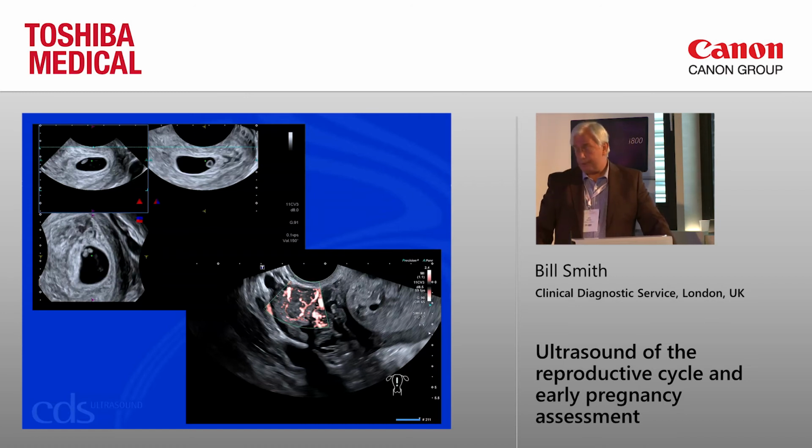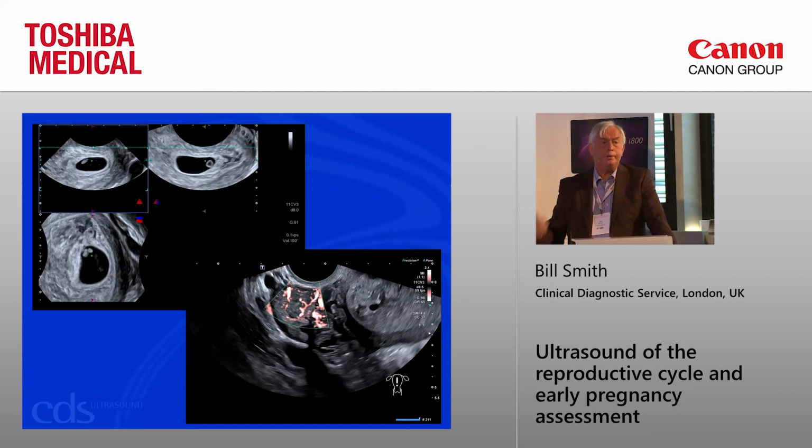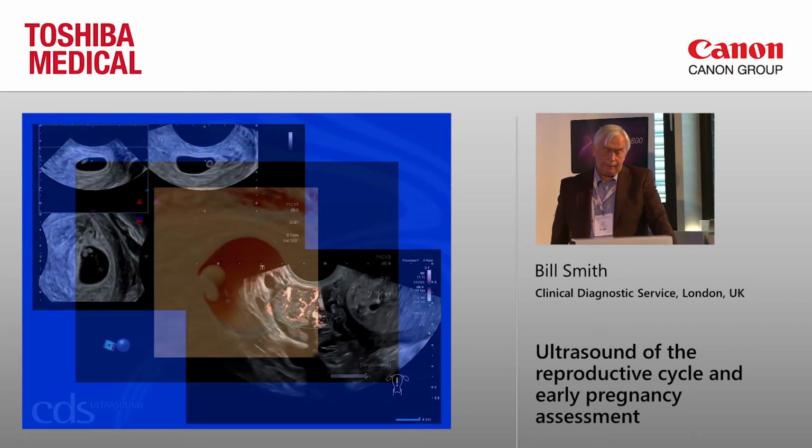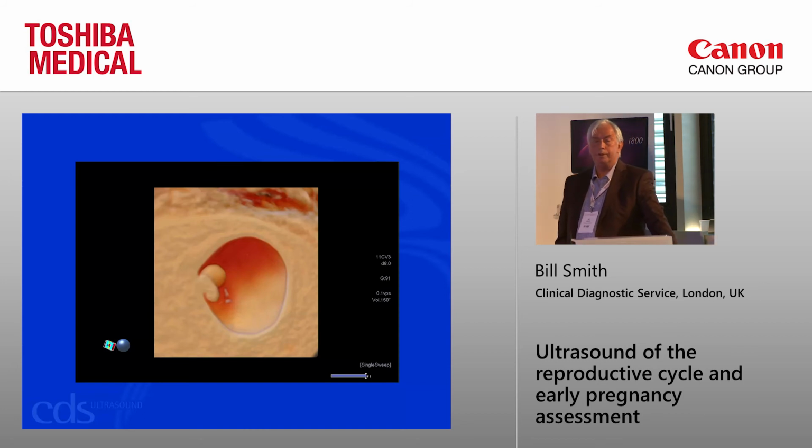But very, very important, we also look at the corpus luteum, and we look for vascular activity from the corpus luteum. So you can see that 3D is important to us, and color Doppler is very important to us in early pregnancy assessment. 3D itself has given us some useful information, particularly the rendered image, the ability to do a quick 3D sweep and then very quickly produce rendered post-processing images. And for instance,